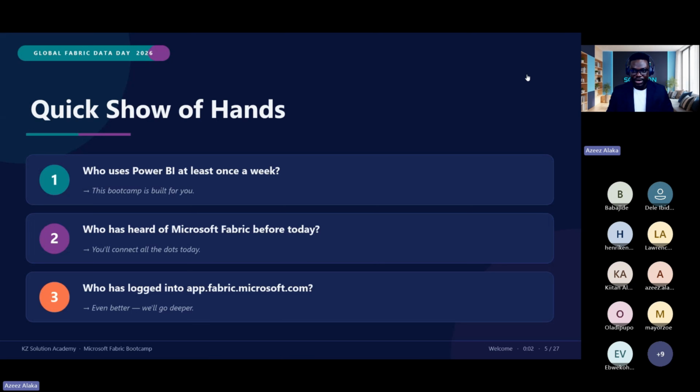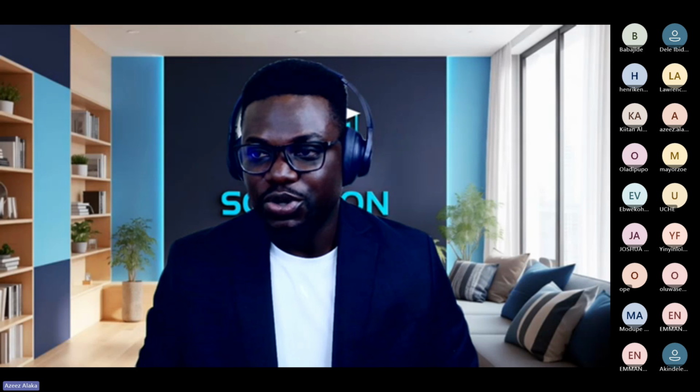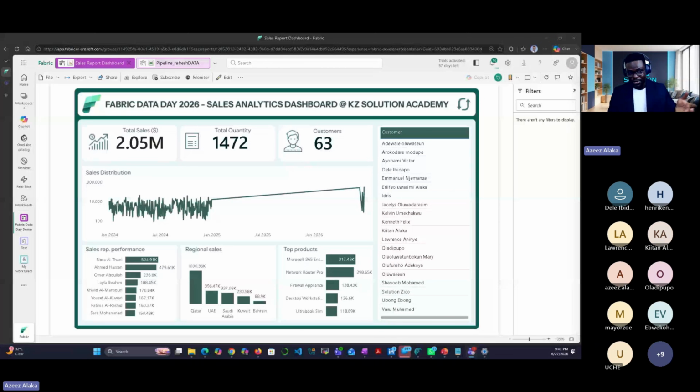All right, I will stop sharing and show you the dashboard, which is what we are working on and what we actually want to build. Before it was 55, and I can see a lot of people have registered. If you can see your name here, please use the reaction button. I can see Idris, Mr. Lawrence, Oluwaseun, Mr. Kenneth. Oladipo, can you please unmute yourself and tell us that you are able to see your name here? This is Mr. Daly.